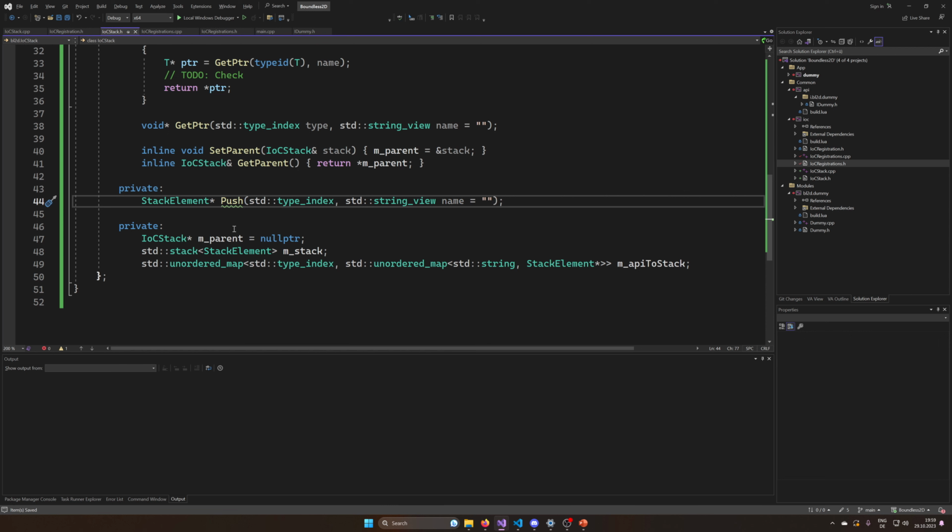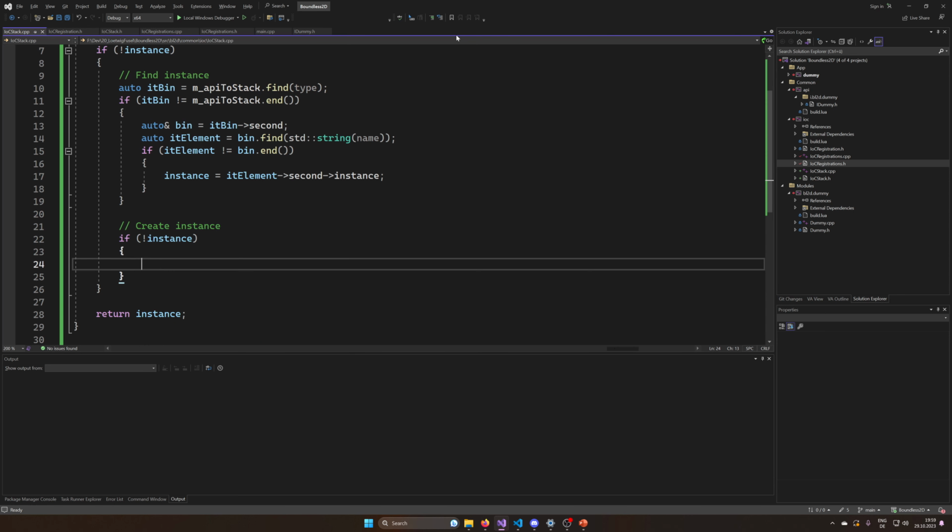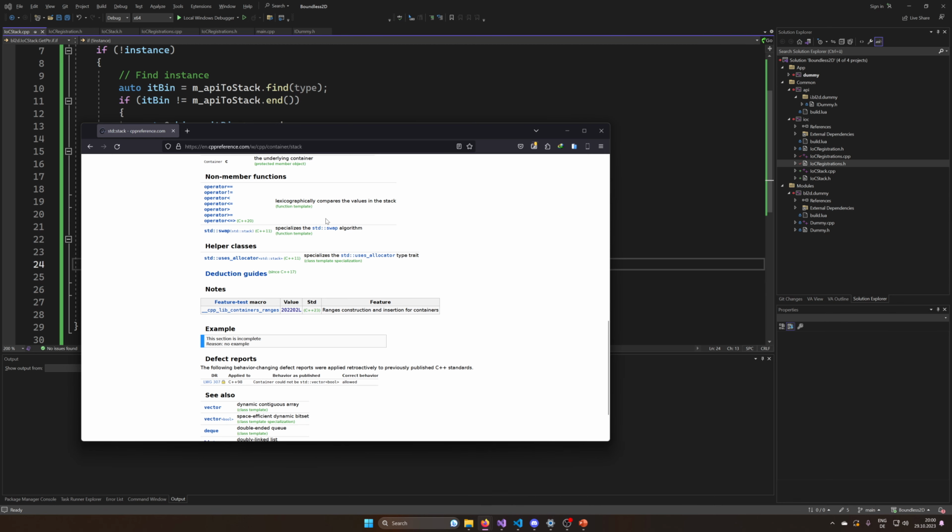And maybe actually stack is not even correct. Actually, I have changed my mind again. I want to have a list. Why do I want to have a list? Well, because I always want to have access to all elements in here. And I think the stack does... okay, before I'm going to change my mind too much,